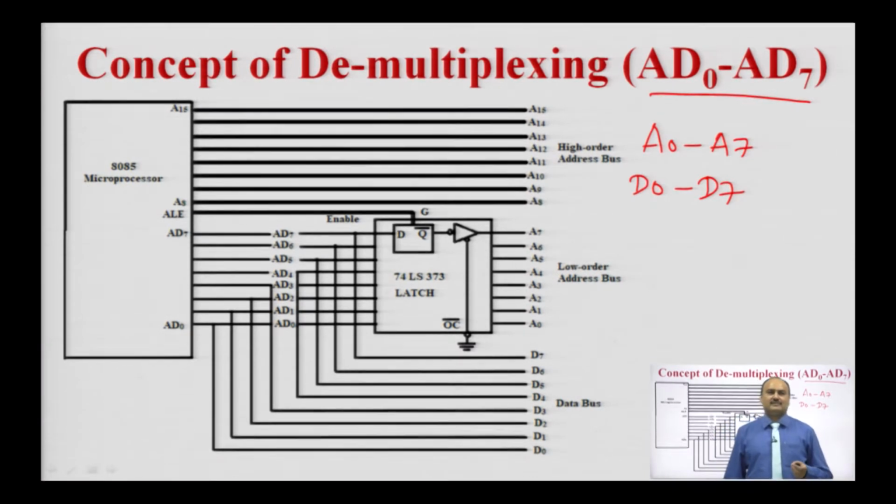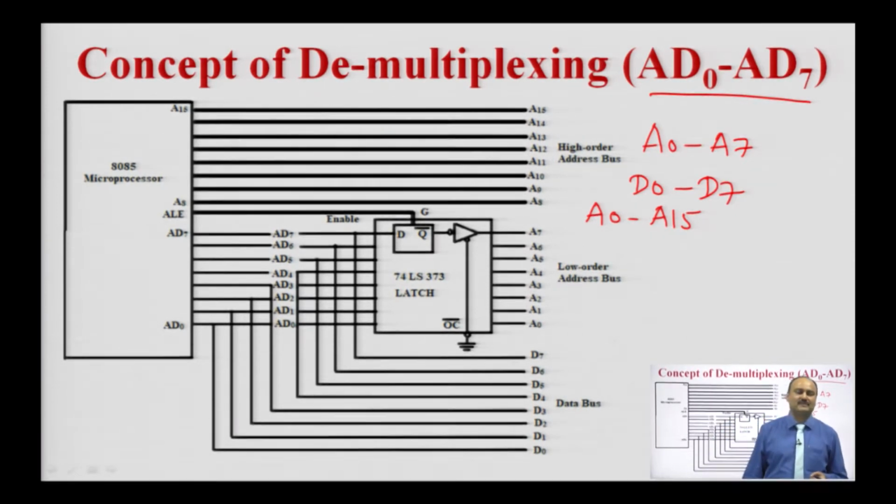To interface the peripheral device, we need a 16-bit address line. So, these lines are A0 to A15. With the help of these 16 address lines, the processor will carry the 16-bit address, and with the help of the data bus, that is D0 to D7, the processor will carry the data. To demultiplex the address from the multiplexed address data bus, we need the latch IC, that is IC 74LS373. This is the latch IC which is used to demultiplex the multiplexed address and data bus.